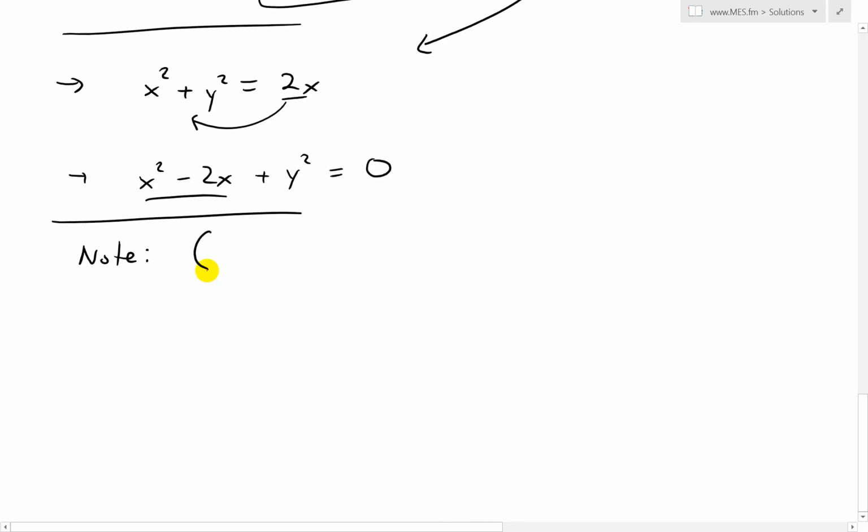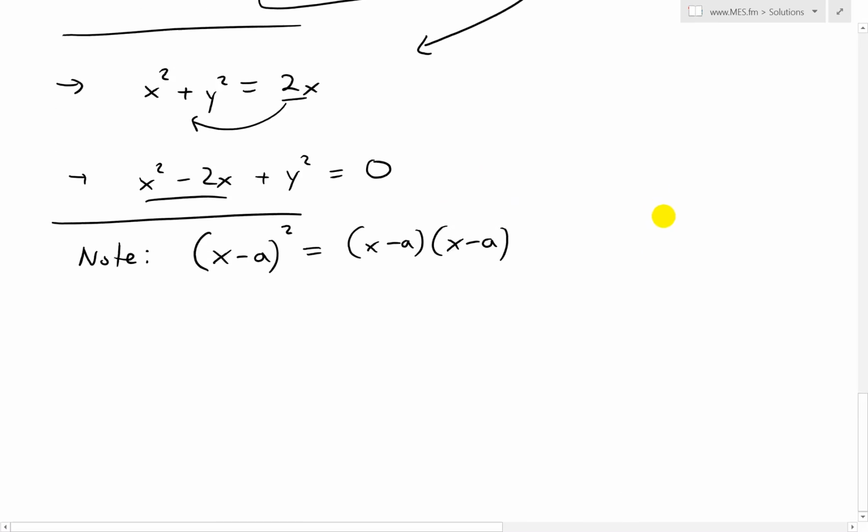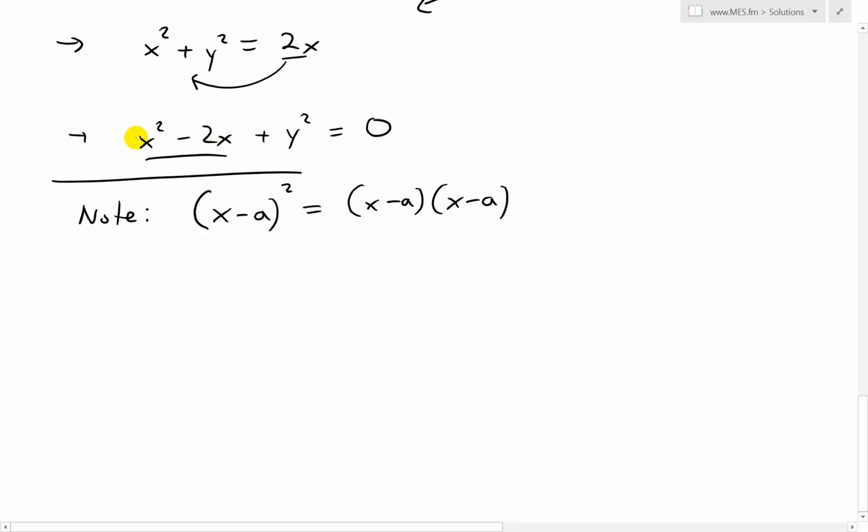So basically, if we have, let's say, (x minus a) squared, this is just the same thing as writing (x minus a) times (x minus a). What I'm going to try to do is get rid of this 2x and put this all under one squared value. So when we multiply this out, this times this is just x squared,